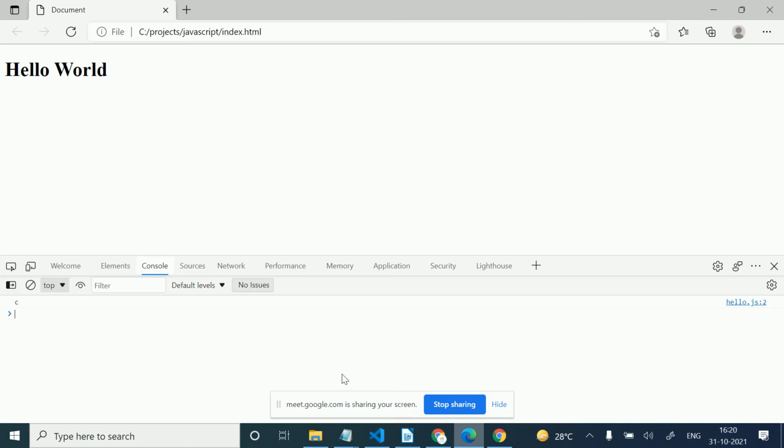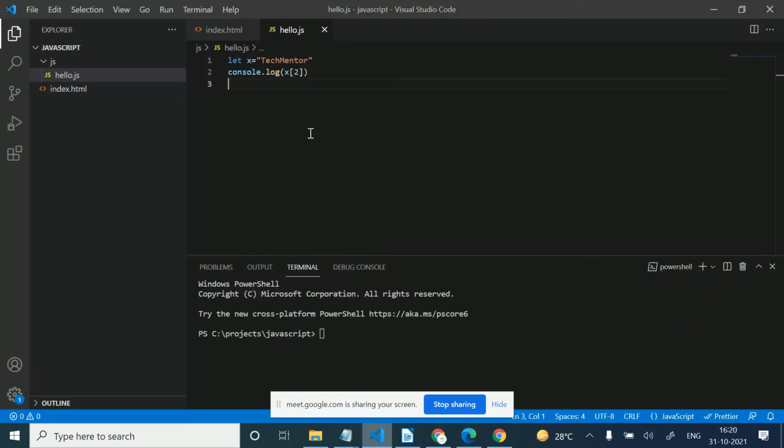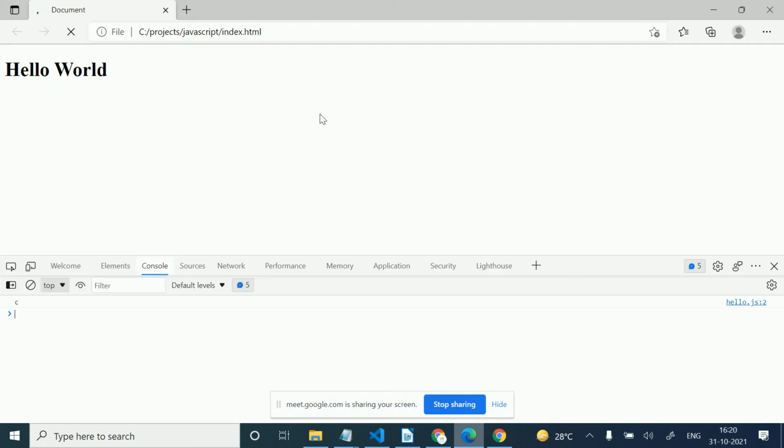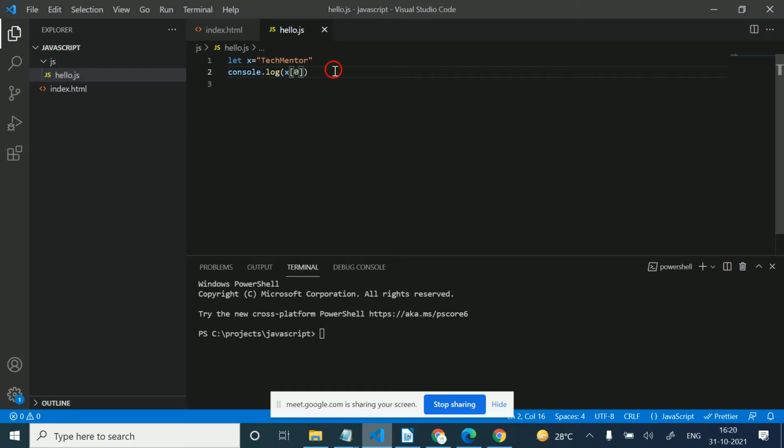I'm getting e. Here the string starts from 0, 1, 2, 3, 4 in this manner. When we enter 2, we get the third character. If we enter 0 here, we will get T.